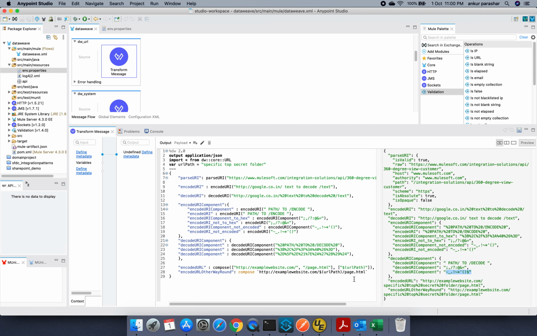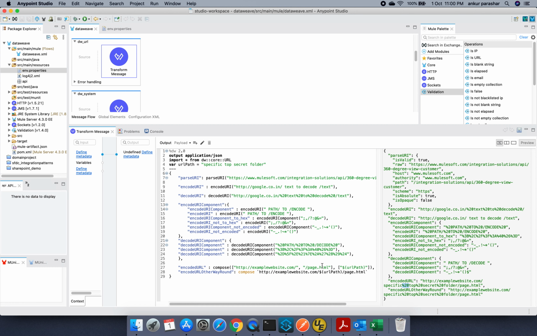It comes with a dollar sign and urlPath as usual, like we are referring to the path variable. What it will do is append the %20 as required. Compose does the same thing as encodeURI, but it appends the thing between these two strings or URIs.